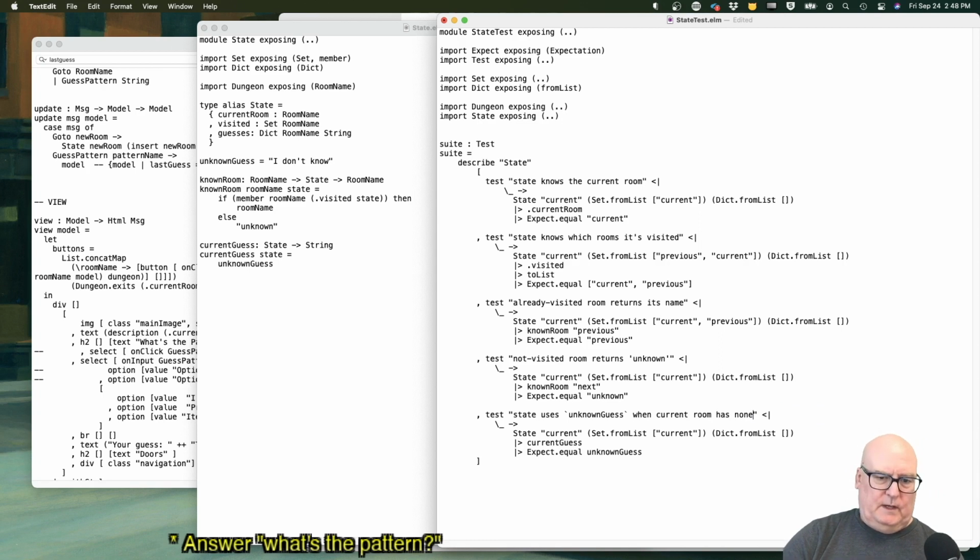Okay, so if you don't know the guess, which is the case for an empty dictionary, it can't find it. Then you just say unknown guess. But if you do know the guess,